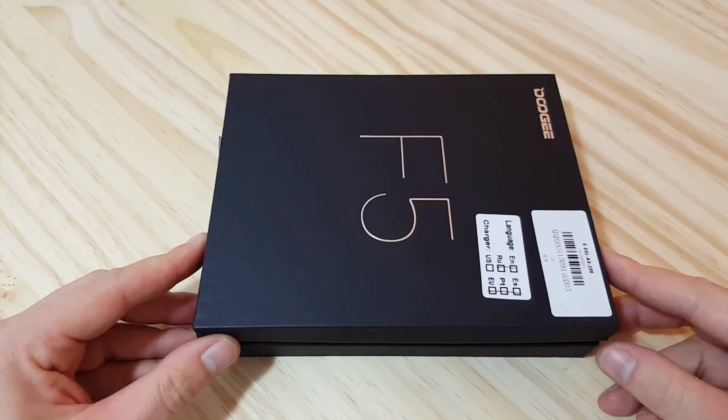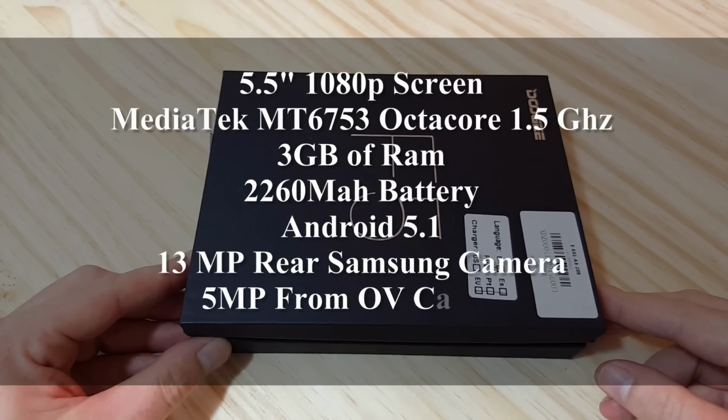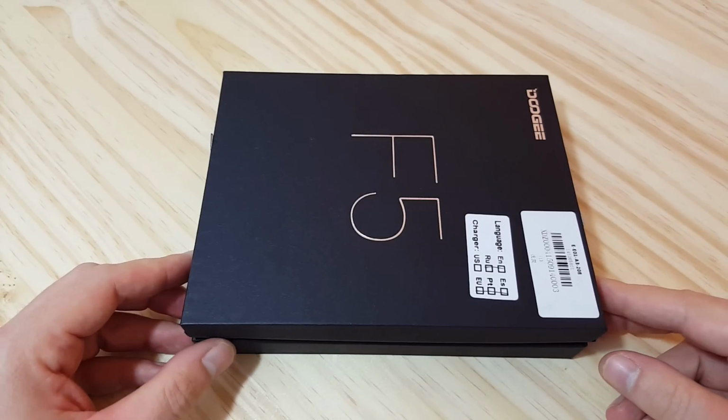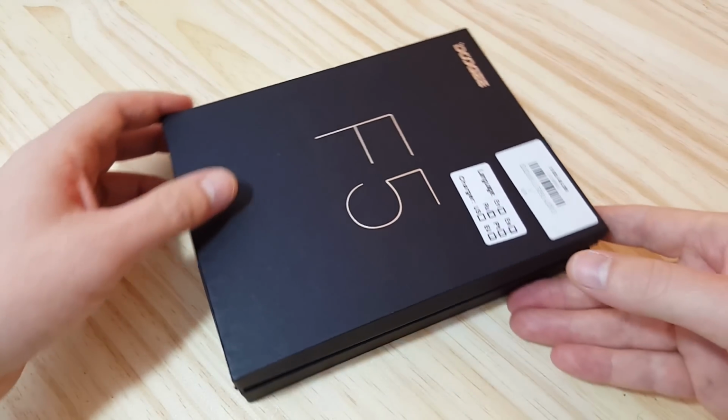It's got the MediaTek MT6753 in it. It's an octa-core processor, it has a Mali T720 GPU in it, 3 gigabytes of RAM, and it's 4G. For that price, I think it's pretty good specs there. And I have seen some other mobile phones with this chipset in it, and they tend to run reasonably well